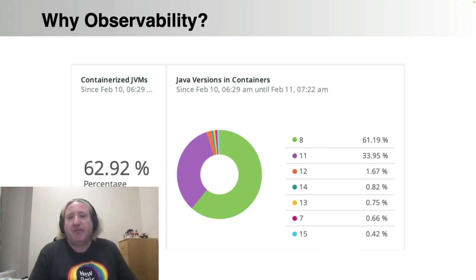I know that people are always curious about these numbers, and obviously they're not a perfect proxy for the Java market as a whole, because it's just New Relic's customers, but it still represents a sample of tens of millions of JVMs. I think Gartner estimate that around about 1% of all production JVMs show up in the New Relic data. So not a perfect data set by any means, but certainly a very interesting one.